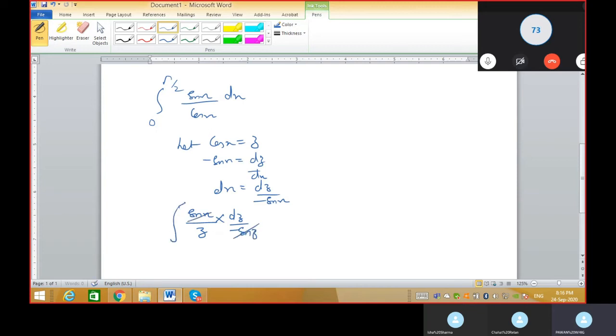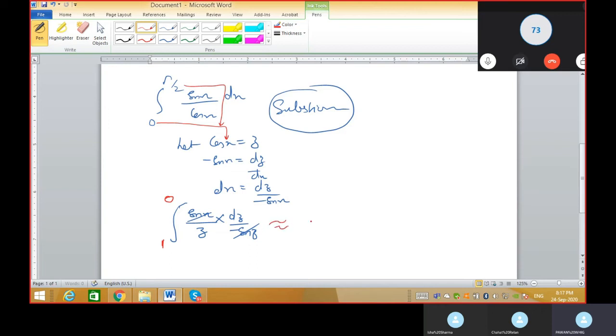Now if we are talking about the limits, since we did the substitution here, and mind it, whenever you do the substitution you have to be very careful, because you have to change the limits. If unfortunately you forget to change the limits, you will get 0 marks. So if you put 0 here, cos 0 is 1, so this is 1, and when you put pi by 2, cos pi by 2 is 0, so this limit gets changed into 0. When you put 0, you will get 1. When you put pi by 2, cos pi by 2 is 0. So I hope you understand this.